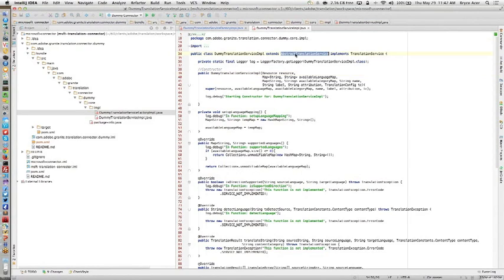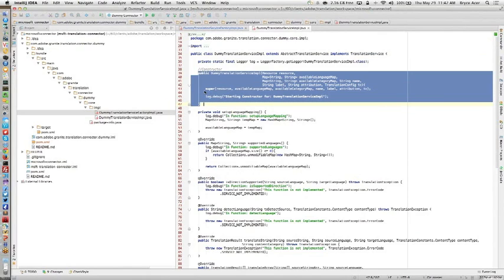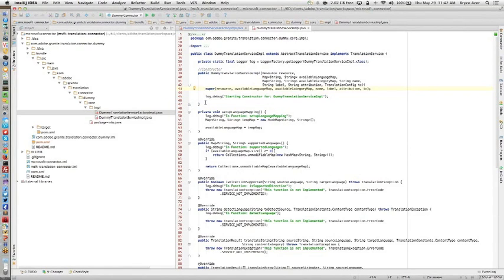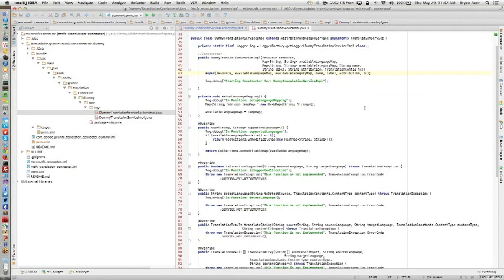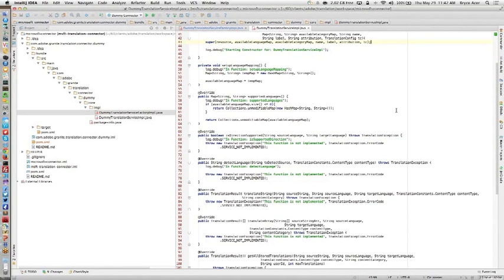The dummy translation service, again, we are extending the abstract translation service and implementing the translation service. We have a constructor that calls the abstract, which is the superclass, and passes in all these specific values to set up the translation service object and whatnot. I think this is slightly a little out of date, but